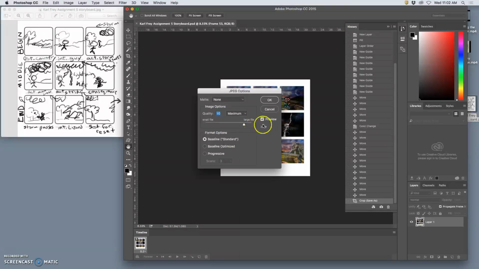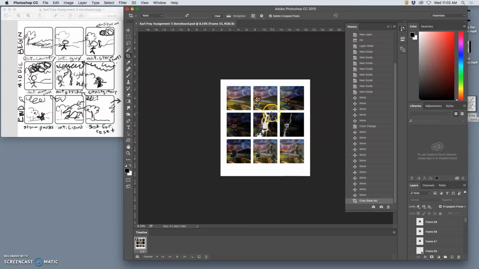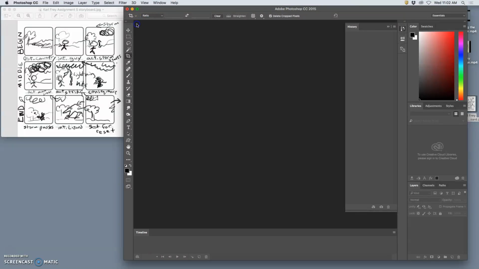I want that JPEG to be preferably close to 5 megabytes, but not over 5 megabytes. So 4.3 it will be, which reduces it a lot from 1 gigabyte with all those layers. Okay, then I can close it. And now I'm ready to